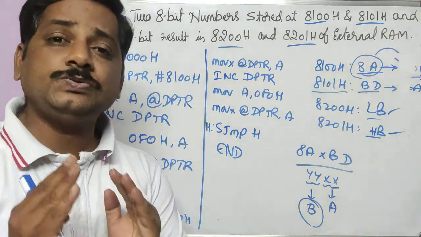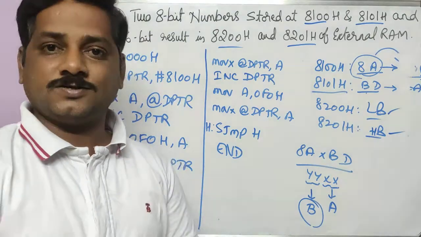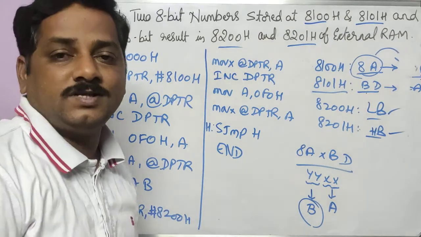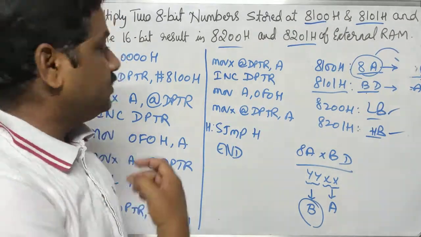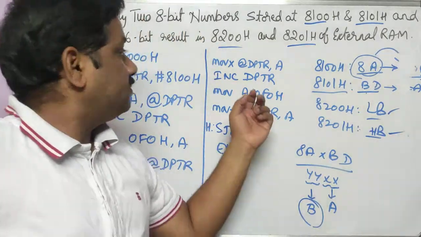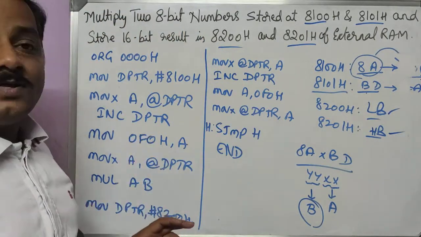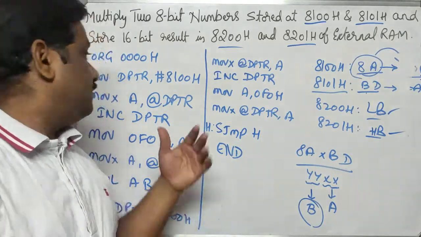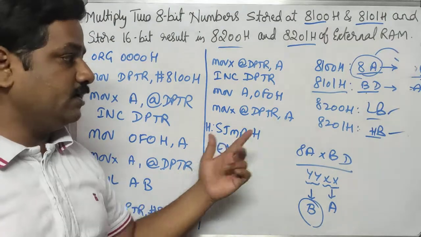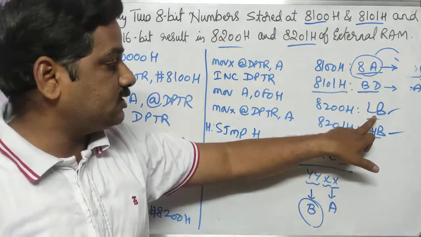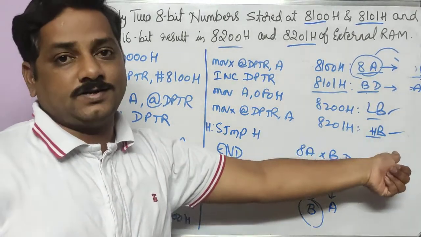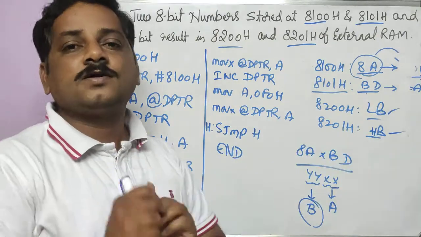Okay. So you need to be thorough with the limitation of the microcontroller. Here we can use only this syntax. You can use only the accumulator with dptr to fetch the data. You can't take B. If that provision was accepted, then you could have taken B also. It was not possible, so what we have done, first we take it into A, and then from A to B we give, again we will take another data into A. Same thing we did here. First from A I gave that into 8200, and from B I will take it into A, then I will give it here. Directly from B I can't give it here. So this is the concept.